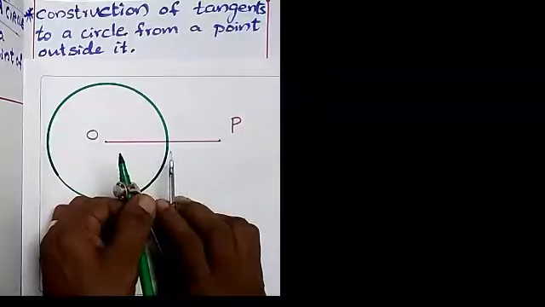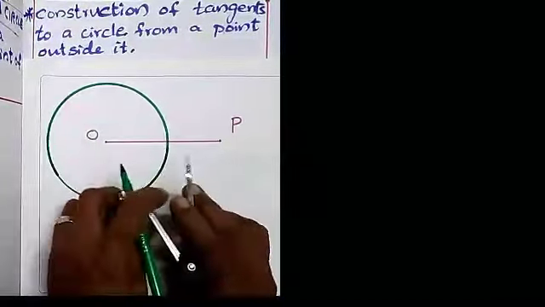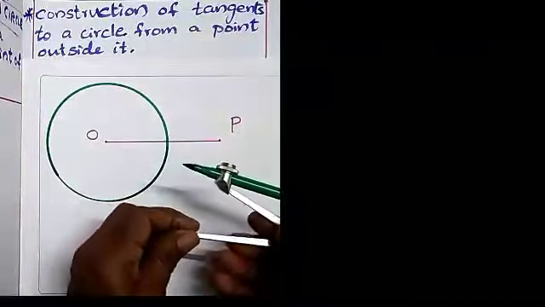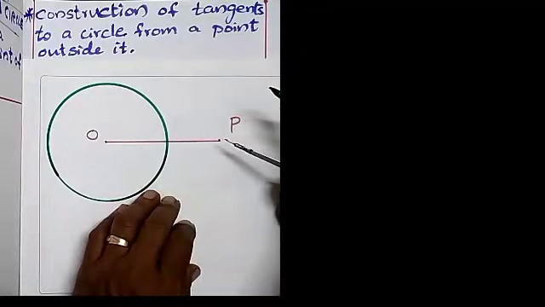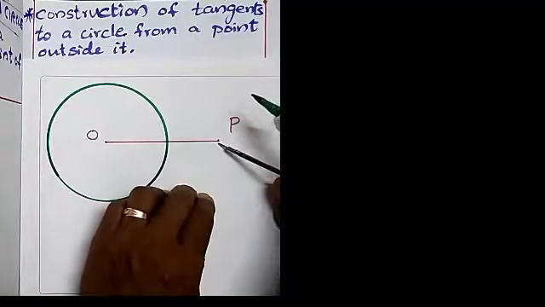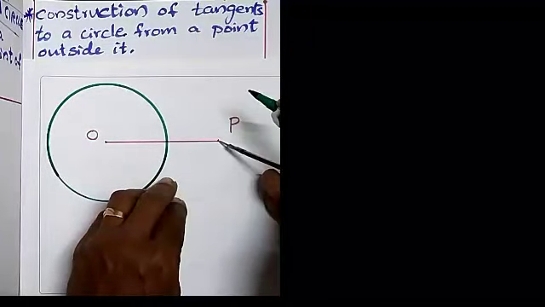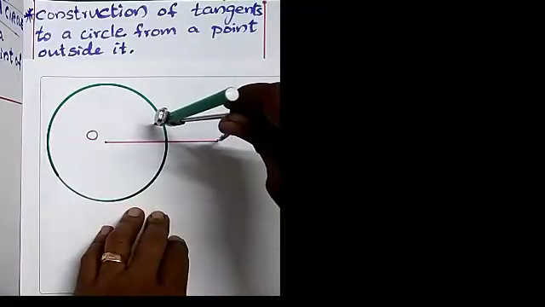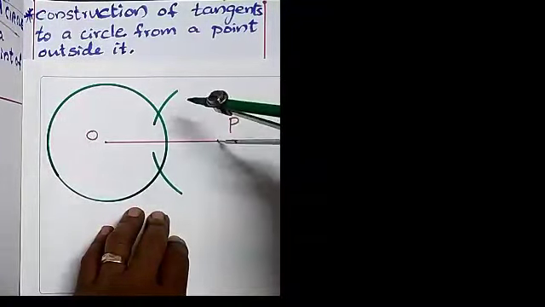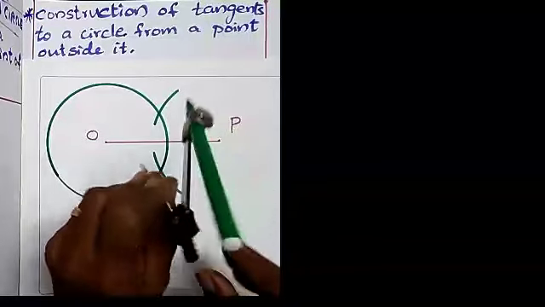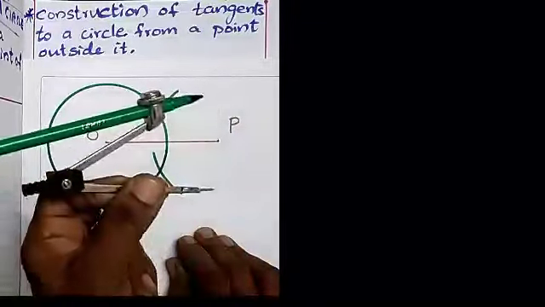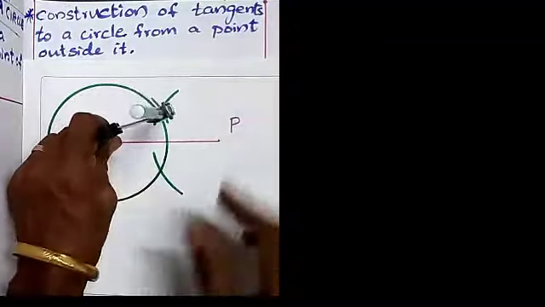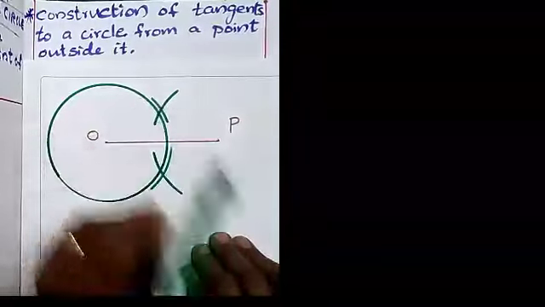The next step is, we are constructing the perpendicular bisector of this line segment. Okay, so perpendicular bisector of line segment OP. For that also you have studied taking more than half of OP radius. So here it is OP. From P you have to select approximately 3/4, just more than half, and draw 2 arcs on both sides of the line segment from P, and after that from O with the same radius without changing the radius, with O as center, draw the 2 arcs on both sides.